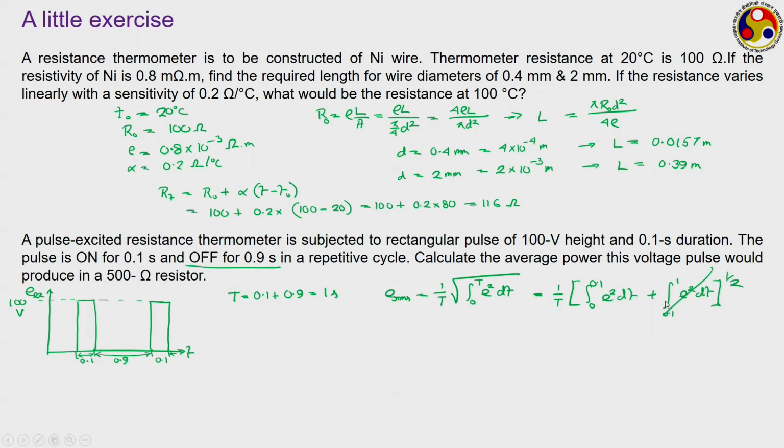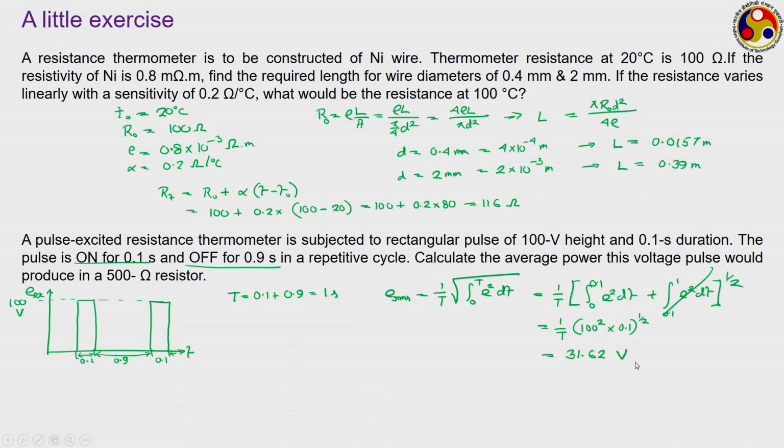So, this part cancels out, and during the first part 0 to 0.1 the signal is on, having a constant value of 100 volt. So, E square is a constant during that part. So, it becomes a very simple situation, 1 by T into 100 square into 0.1, and T is equal to 1, of course whole to the power half. So, if we calculate the value, your RMS voltage is going to be coming as